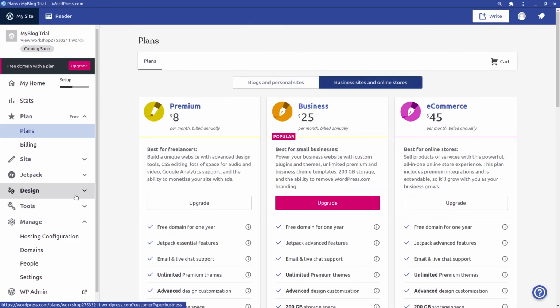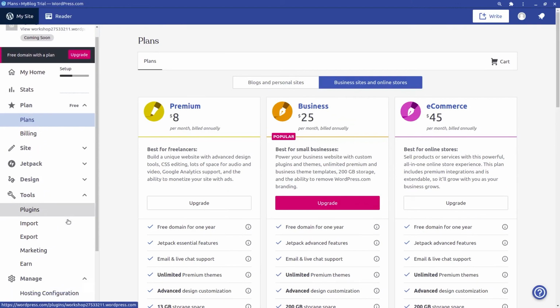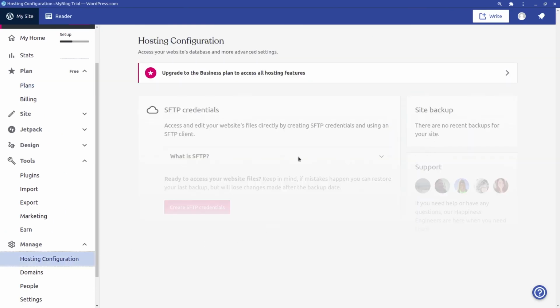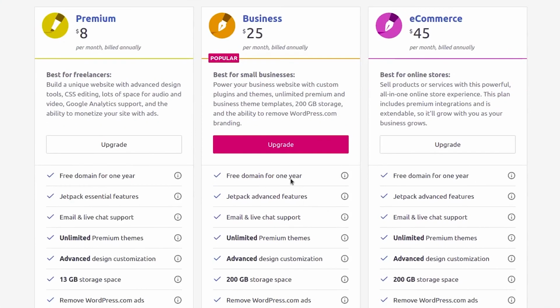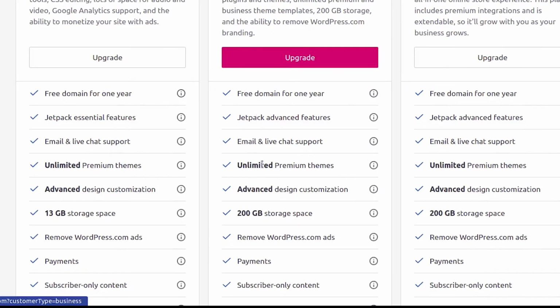If we are not going to use the plugins, which are actually quite useful, and the hosting configuration, I think we can manage, because if we are going to make a website for fun, then it's alright. Yeah, it is what it is. We don't need this, but still, we have to pay $300 for this and the plugins. And of course, we have other upgrades as well. As you can see, a free domain for 1 year, which is across the board, Jetpack and this and that.